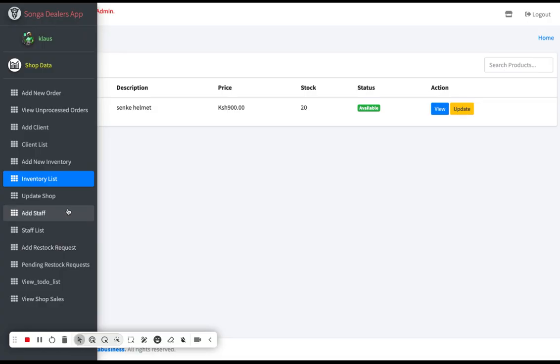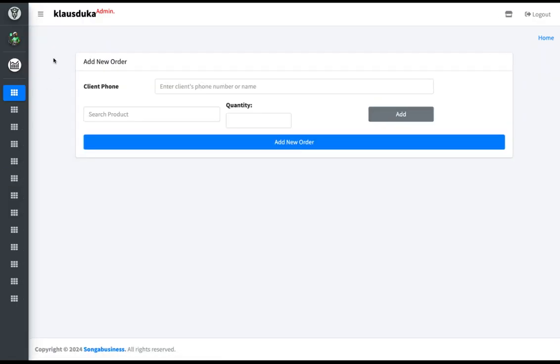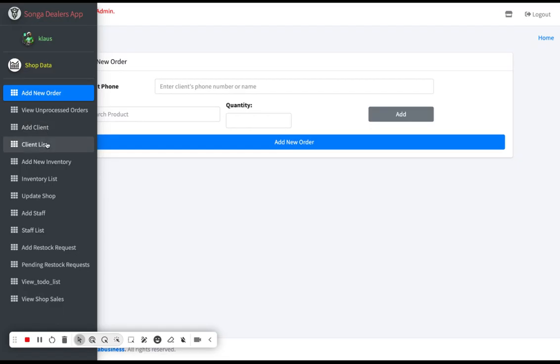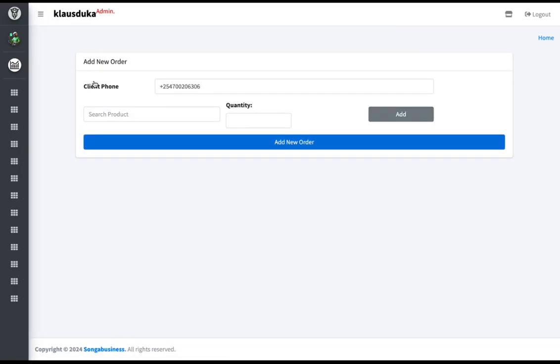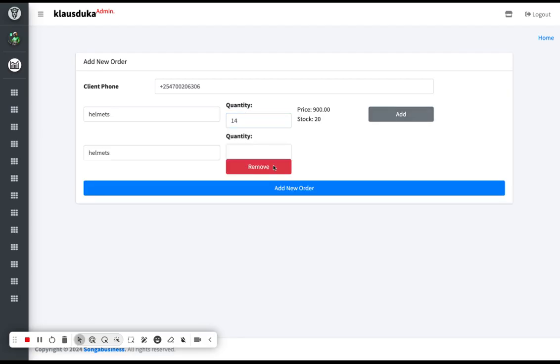So the next ideal step would be to process an order and see how it takes account of all that. You can do it one out of two ways. Either you can do it via the client list. It will be as simple as creating a new order, searching for your product, a helmet, 14 of them. Add